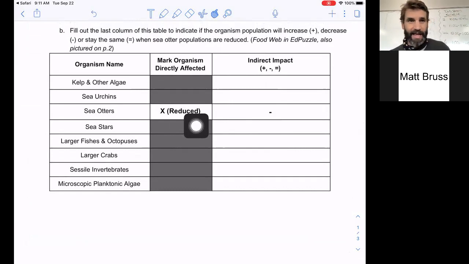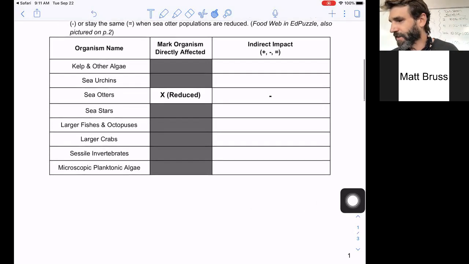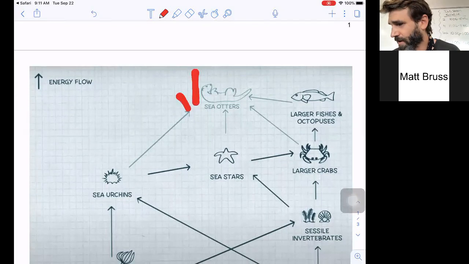What I'm asking then is what happens to the other organisms that are in this food web? And that's what we're going to indicate in these boxes here. I'm going to call that the indirect impact. So because sea otters went down, what indirectly happens to these other ones? So let's look here. So if sea otters go down, then